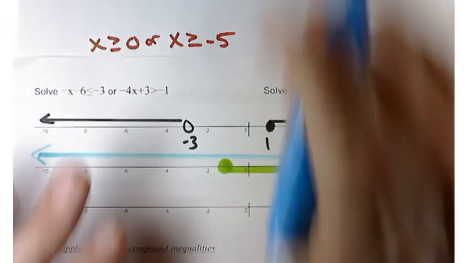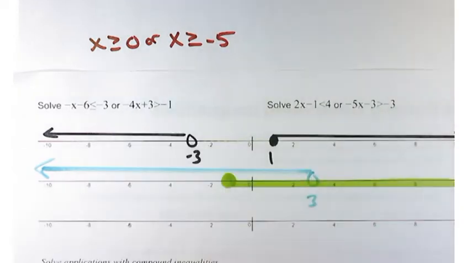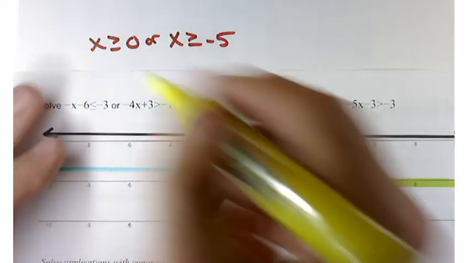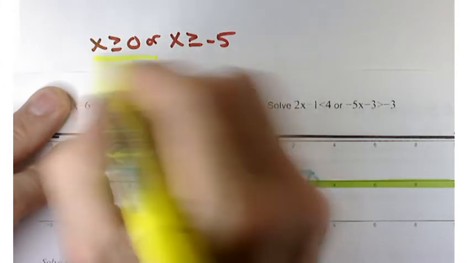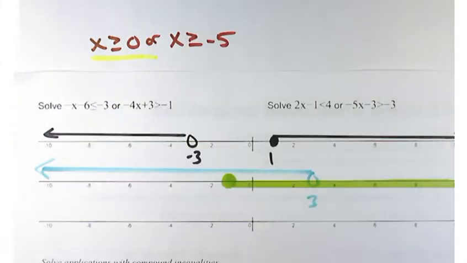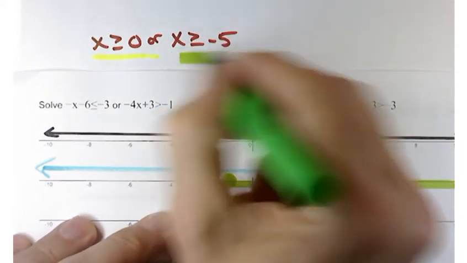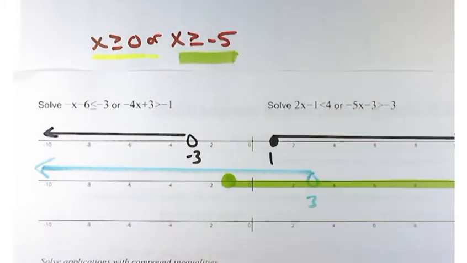So again, we'll keep these kind of color coordinated. X is greater than or equal to 0. Do that one in yellow. X is greater than or equal to -5. Do that one in green. So everything to the right of 0